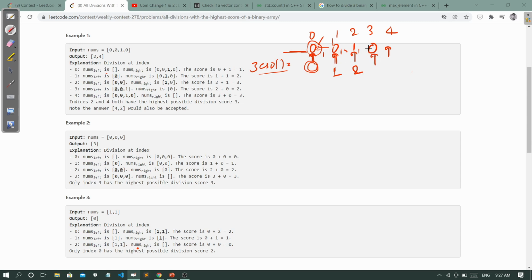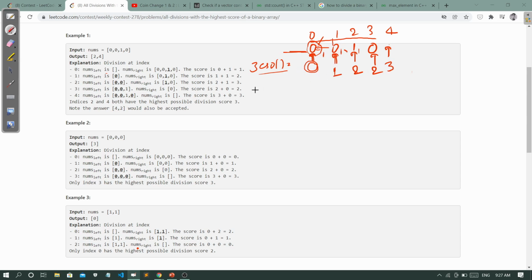If I want to divide the array at this position, the number of zeros in the left subarray is 2. And if I want to divide at this last portion, then see how many zeros occur in the left section. So this is 3. So our zeros array looks like 0 1 2 2 3.